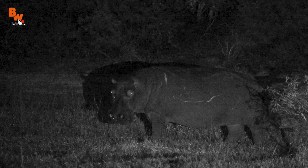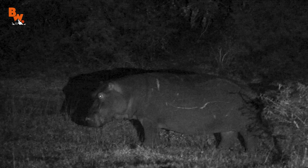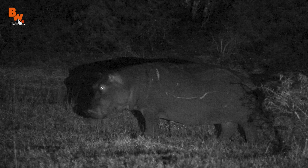It's a little bit closer to a baboon noise than it is a hippo noise, but it definitely has the animal's attention. I don't think it's working. No, it's not coming any closer. He's like, I'm gonna go back to munching on these moist grasses. Oh,